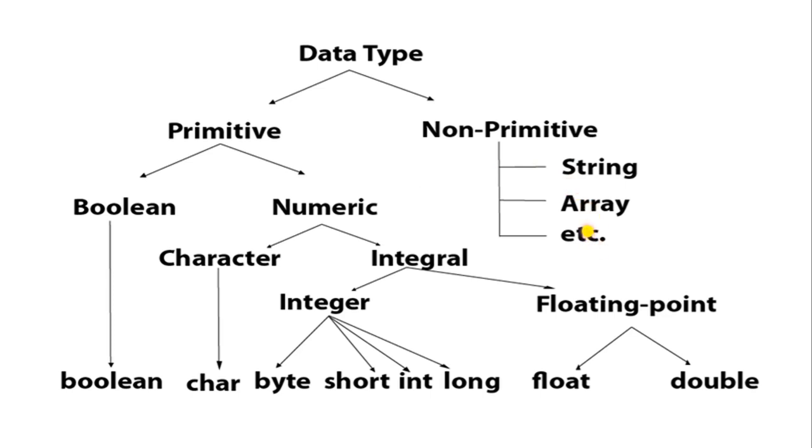Array is also a non-primitive type. Array means many values joined. If we have multiple values of the same type, like 15, 20, 30, which are integer values, arranged in a series, then it is called an array. Or another example, 15.1, 16.1, 14.1, which are float values, meaning decimal values. If you have joined these values, then it becomes an array. Another thing is class. Class is also non-primitive, so it is also a user-defined data type.